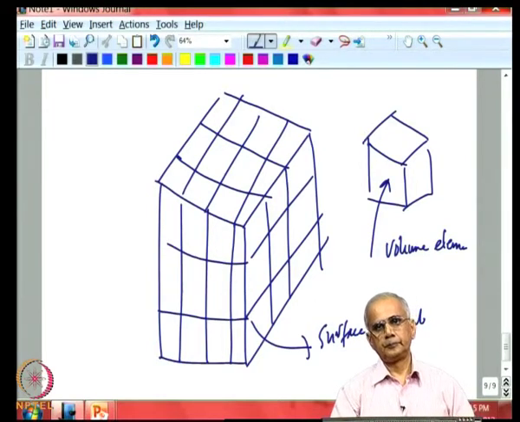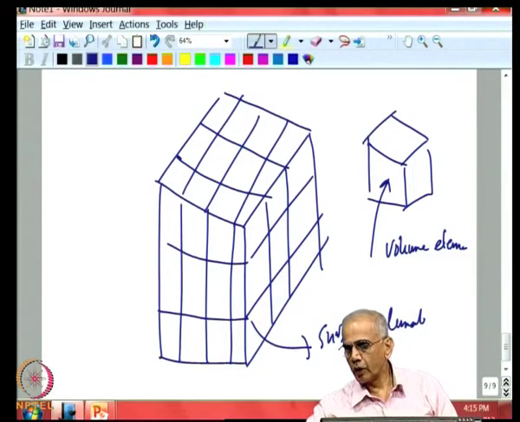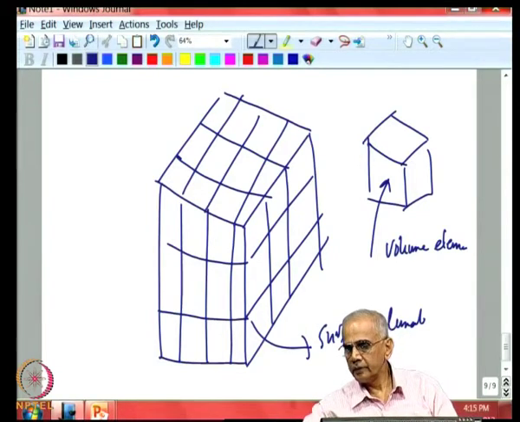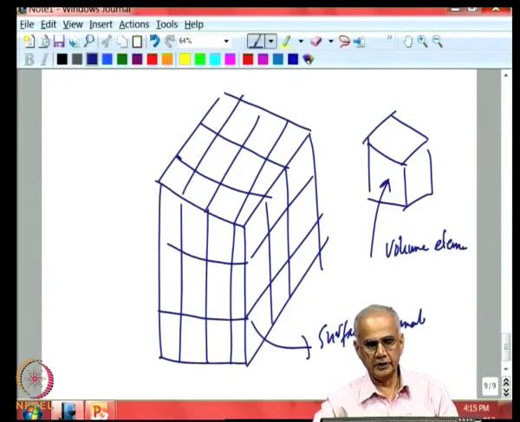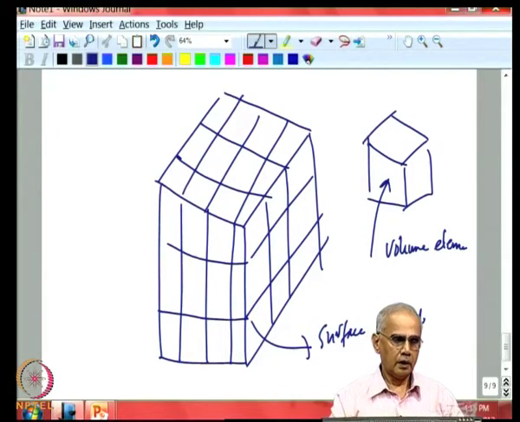So, we need to extend the single zero-dimensional model of Hottel to multiple dimensions, and this is called the zone model. Now, it is routinely used in furnace design, and let us now see how this is achieved. So, remember that there are radiation exchanges between two surfaces, from surface to volume and also volume to volume.